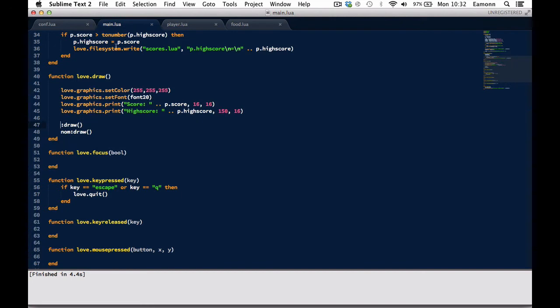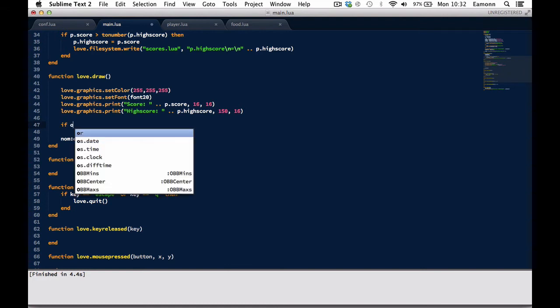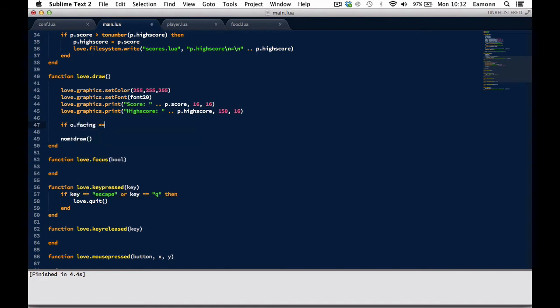And then we are going to say in here, if o.facing is equal to left, then